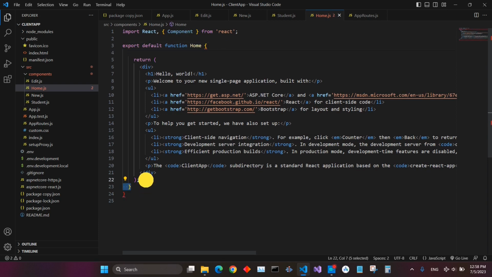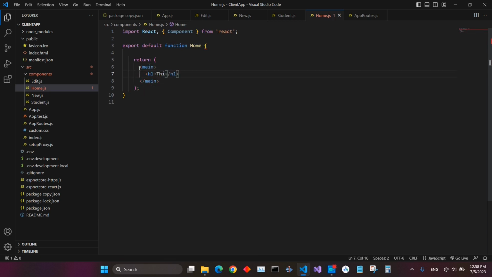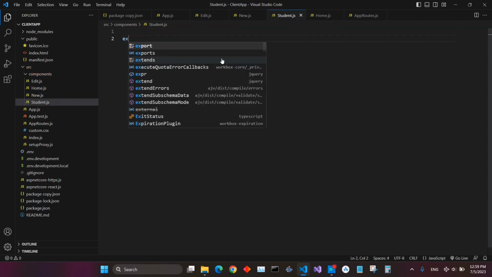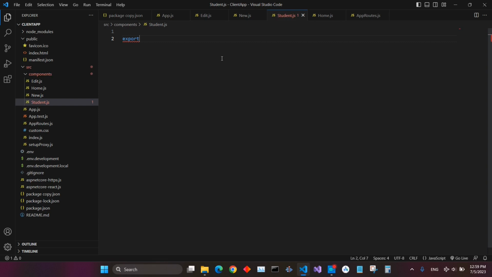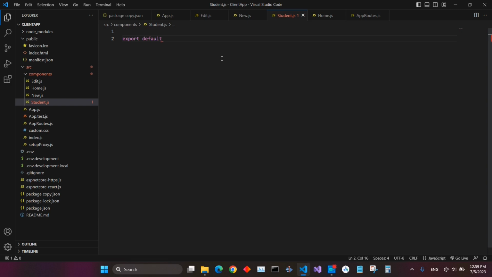Now this became a functional component. Create an empty function, export default function Student, return